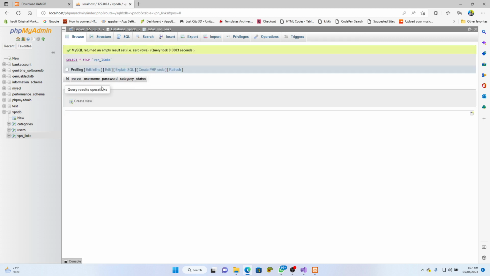That is where we're going to add up our VPN links, right? This is very, very important. So how can we get the VPN links? Then how can we get the categories and all that? So basically I'm just going to go to the categories, then I add a new category. So I'm just going to click on